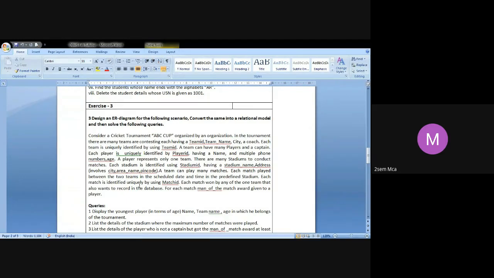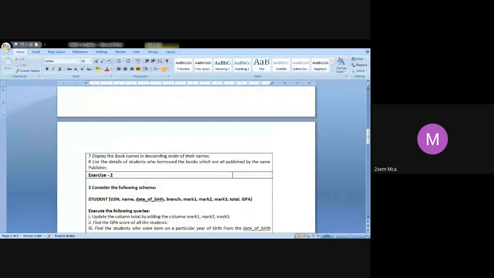So we are going to follow the same procedure for every exercise. First, write the ER diagram, then write the schema diagram. We try to understand how each of these entities is related to the others. Then only do we decide which tables we have to create and in what order we have to create them. That is also very important, and then only do we proceed further. Am I clear so far? Any doubts?